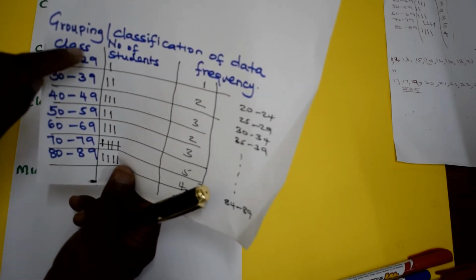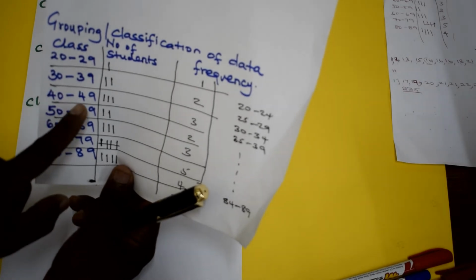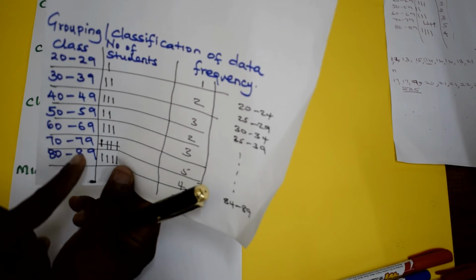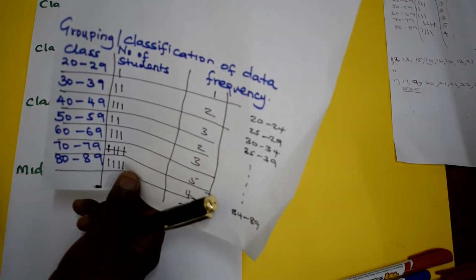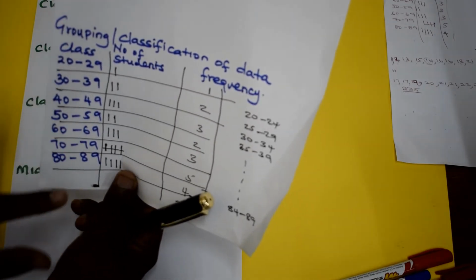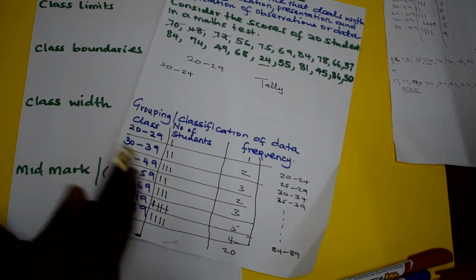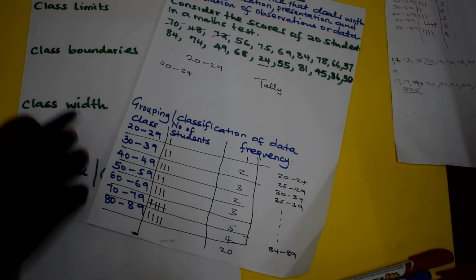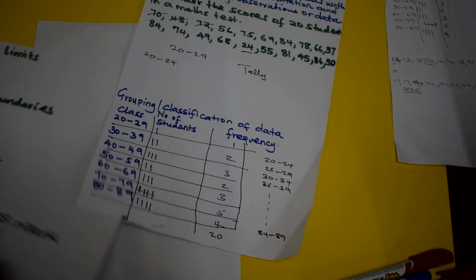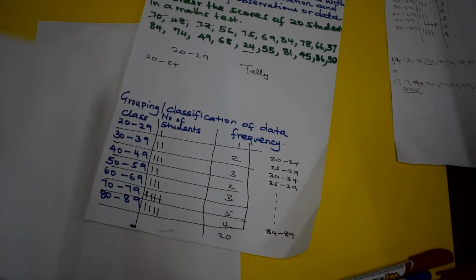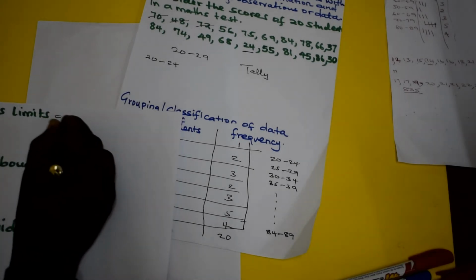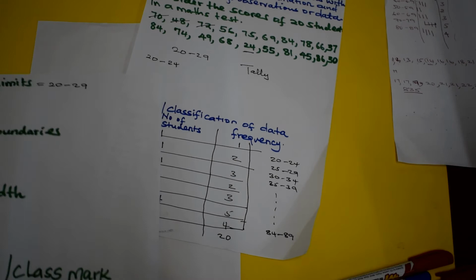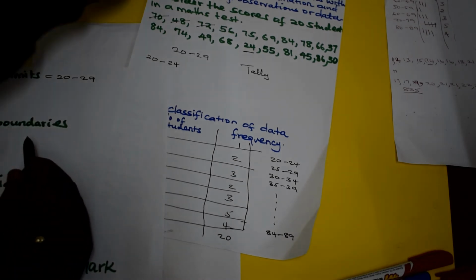And then 29, 39, 49, 59, 69 to 89 are called the upper limits. So the limits are the ones that form a class. Then from there, we have limits as 20 to 29. Then we have boundaries, and boundaries are formed by,